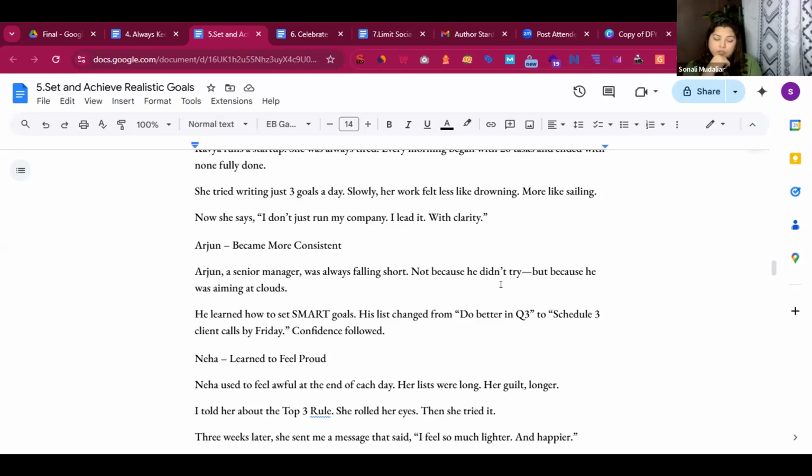So either you use different names, or if you're using the same name, you would say, you remember I told you about Neha, who is a graphic designer in the previous chapter. She also used this particular method, and she learned to feel proud by doing these top 3 rules, for example. You would connect the dots.